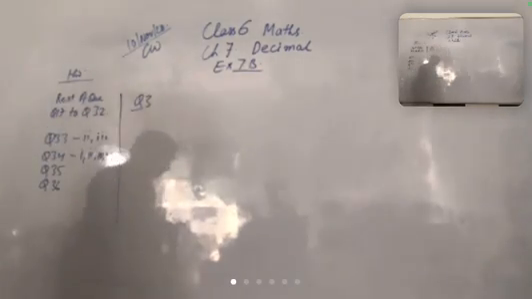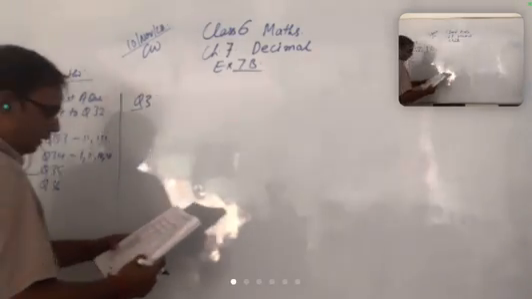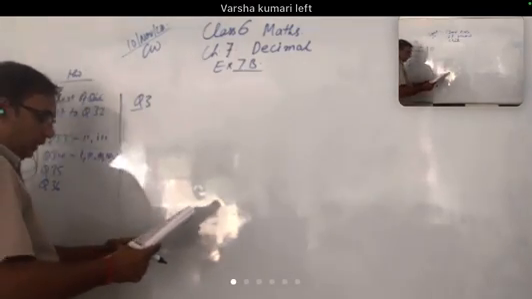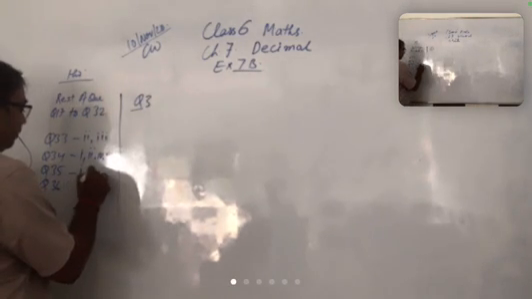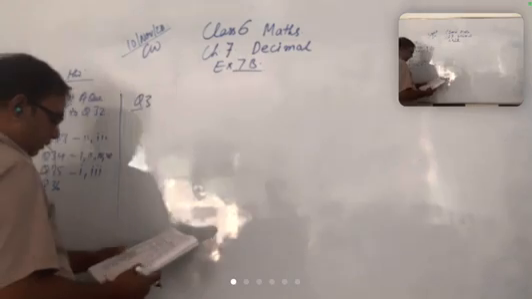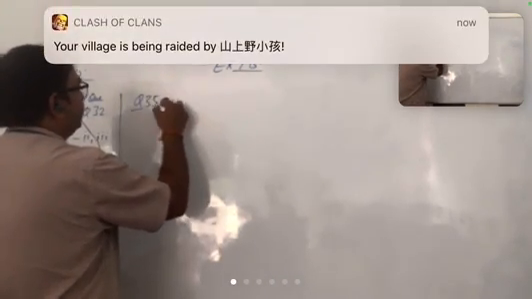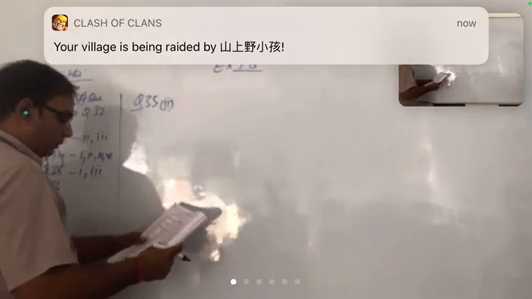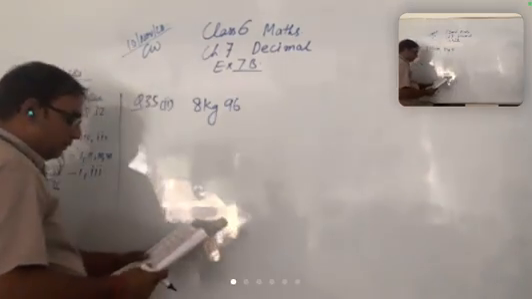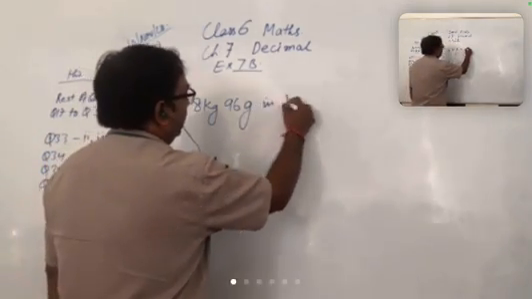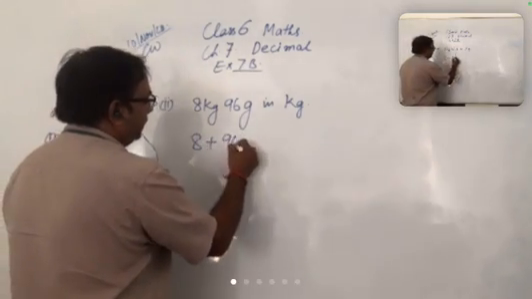Now the 35th question. In this 35th question, the 1st and 2nd parts are the same and the 3rd and 4th are the same. So I can solve the second and the last, fourth part. The second part is 8 kg and 96 gram in kilogram. So 8 plus 96 upon...